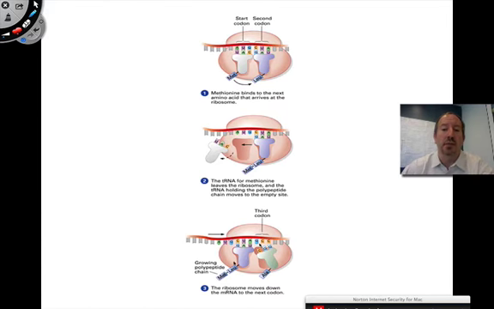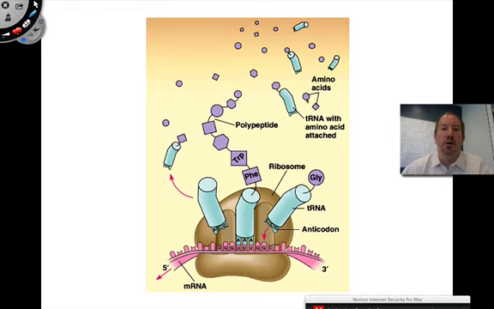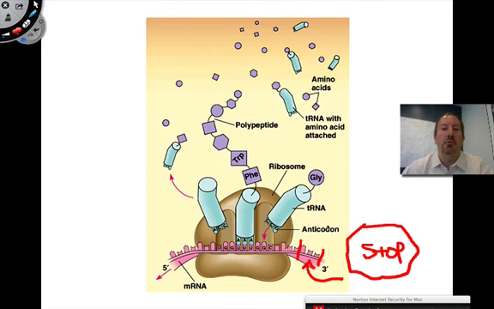And then another one comes in, and another one comes in, and lo and behold, each time a transfer RNA comes in, it'll form a peptide bond until you create this polypeptide over here. And eventually, you might wonder, how does it stop? How do we know it stops? You may recall that once the protein is finished, there's three codons that are called stop codons. And these stop codons don't code for any amino acid at all,